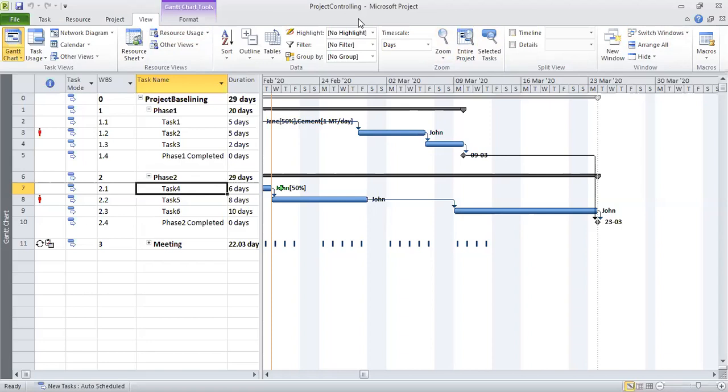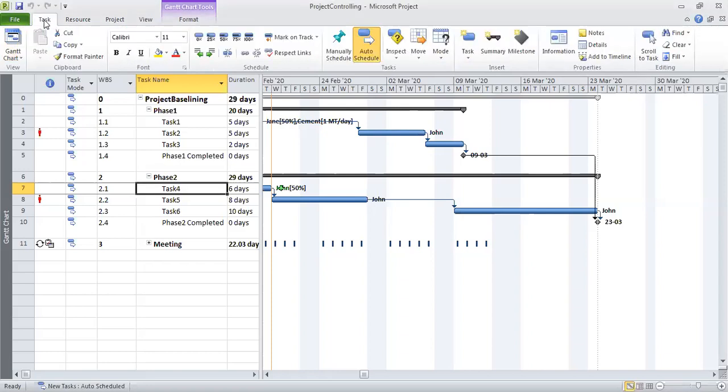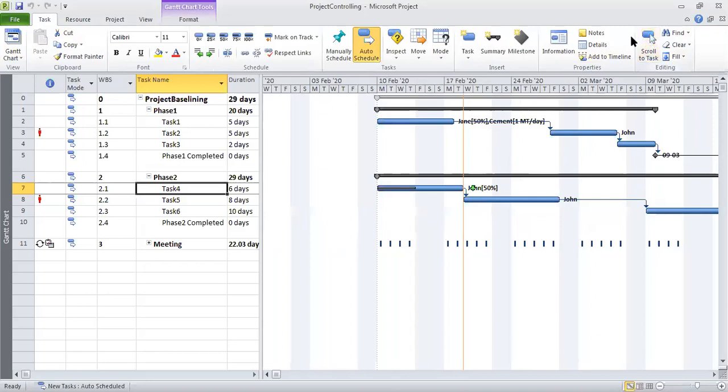To do that, you need to go to the Task tab, and within that you have the Editing group, and there you have this Scroll to Task. The moment I press Scroll to Task, automatically the task which I am interested in comes to the center.